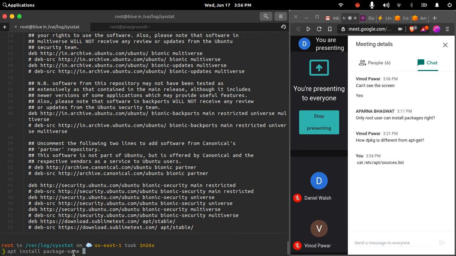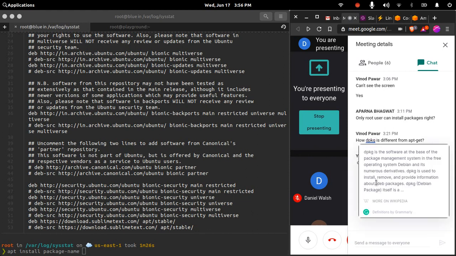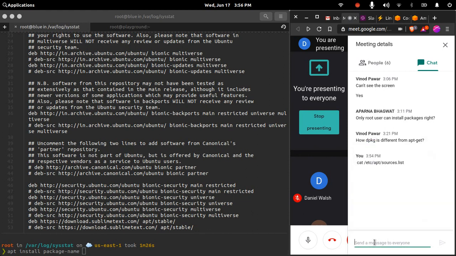But if you have to install the package by yourself by downloading the package file itself, then you will use the dpkg command. You will download the .deb package and install it with dpkg -i package.deb.